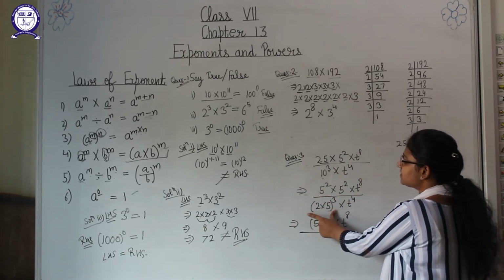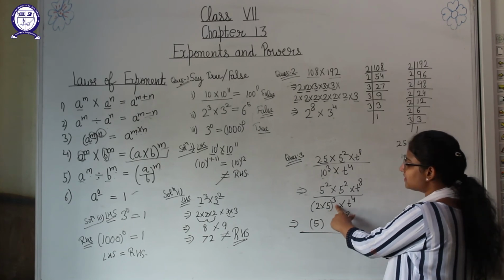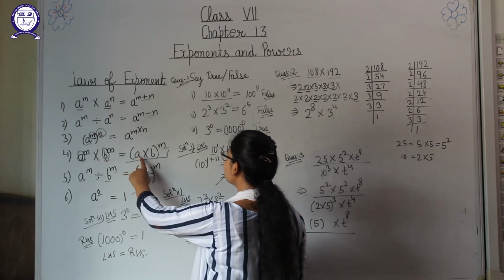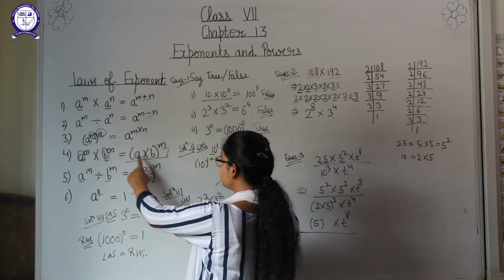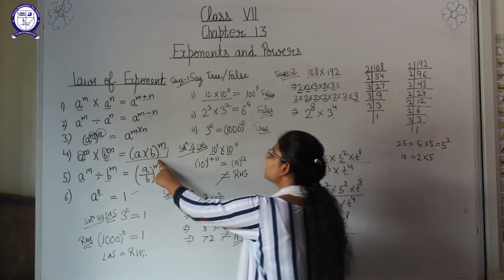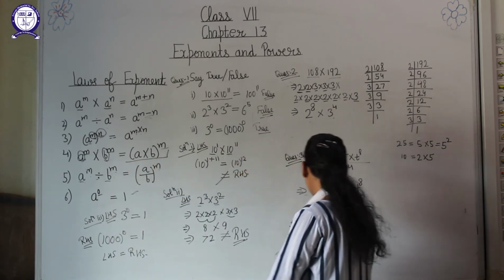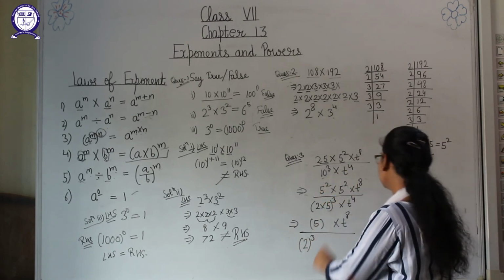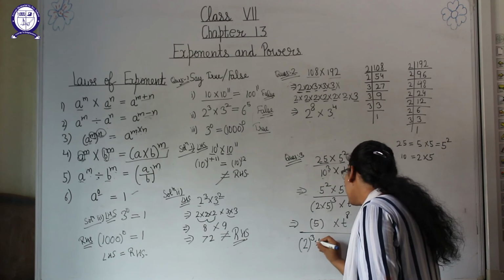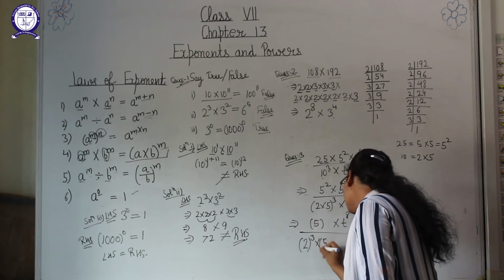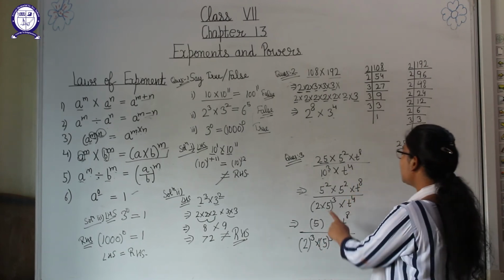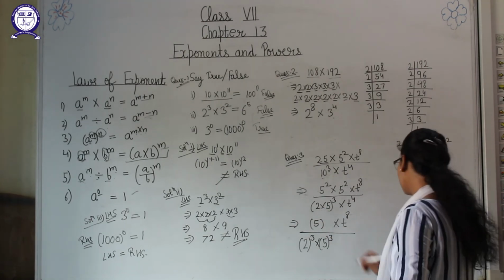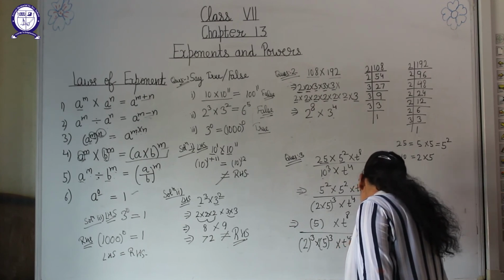First I am solving this. Here 2 into 5 raised to the power 3 is given. This was our form. We can write it in this form, means we can write the power with A, then multiplication, then we can write the power with B also. So here 2 is here and we will write the power 3 with it, then we will multiply it, and this is 5, so we will again write the power 3 with 5. And as these two are in multiplication, we will put a multiplication sign here. Okay, and here it is t raised to the power 4.